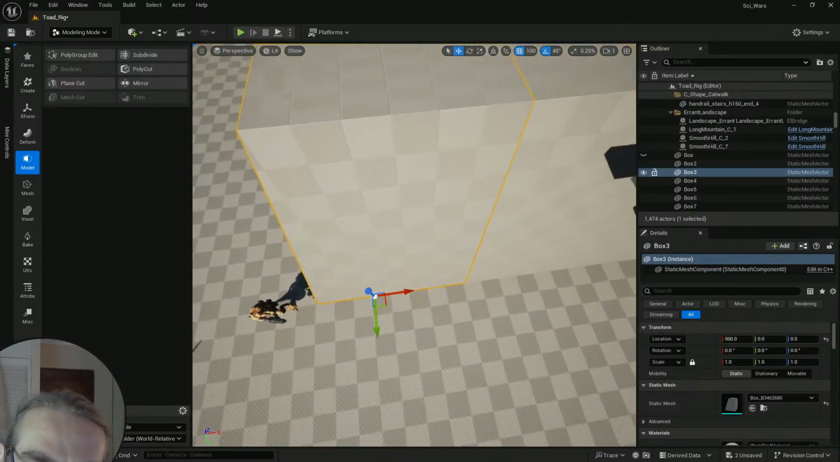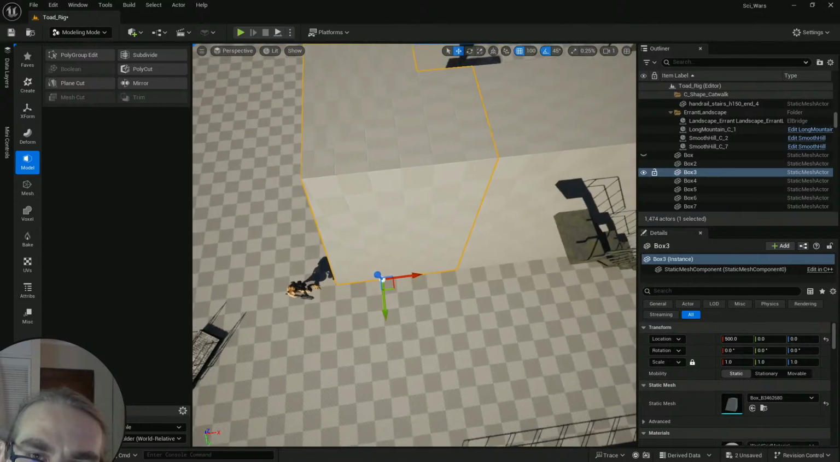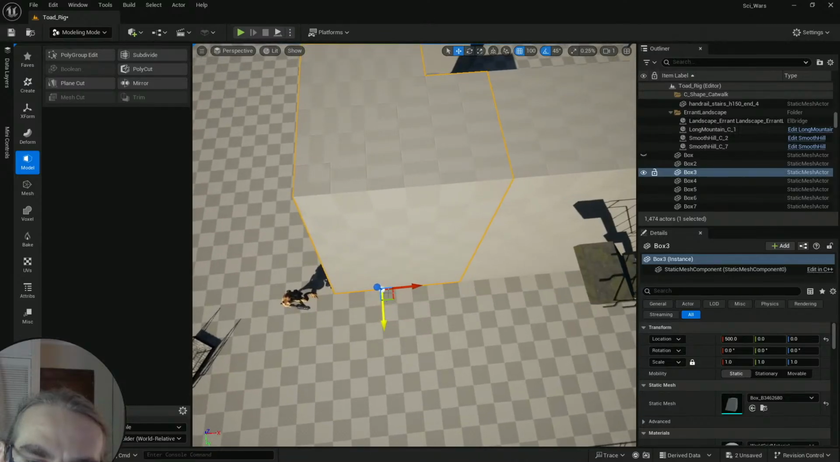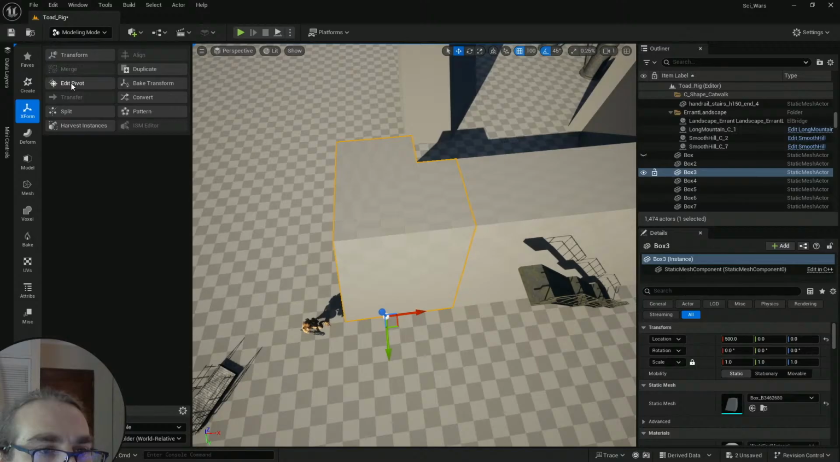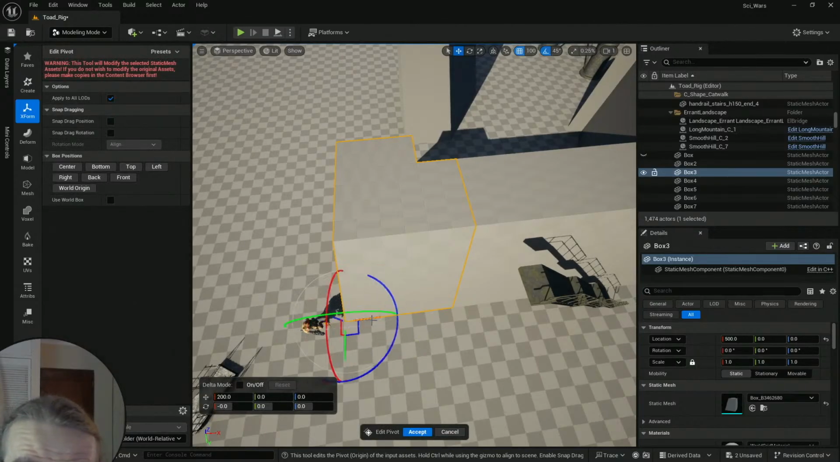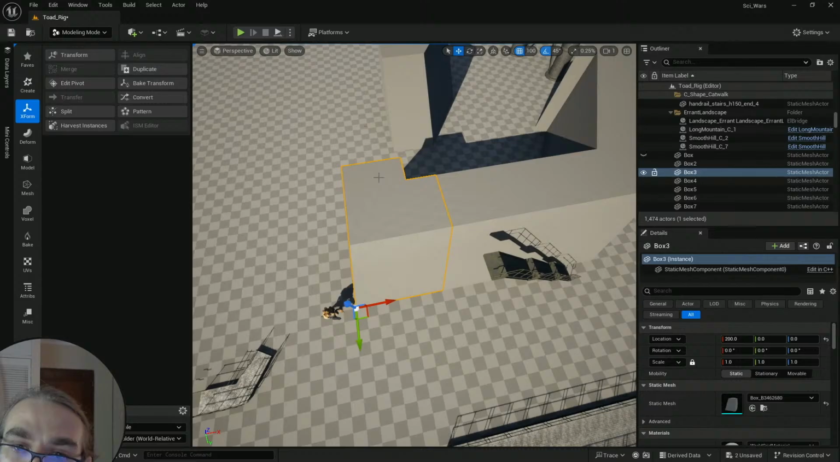The problem with this thing is that... 1, 2, 3, 4, 5, 6, 7, 8. 1, 1, 2, 3, 4, 5. If I cut it here, 1, 2, 3, 4, 5, 6. If I edit the pivot and put it here, this will snap to